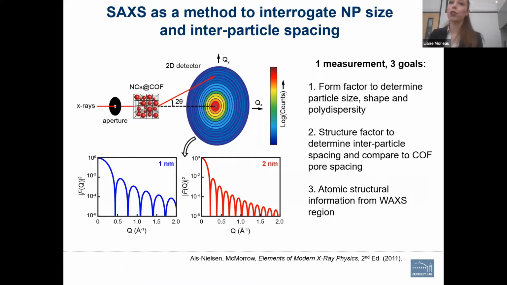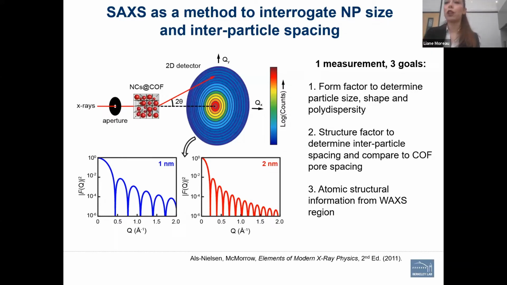And so for this, we turned to small angle X-ray scattering. What we thought is that we could potentially get multiple things from small angle X-ray scattering. One would be a form factor to determine the particle size, shape, and polydispersity. Here I have two simulations below the SAXS schematic, which show what we might expect if we had 1 versus 2 nanometer particles, essentially having different widths of the oscillations that can be modeled,